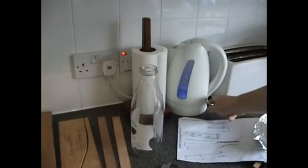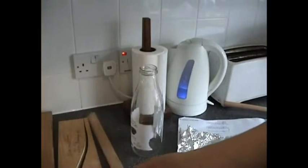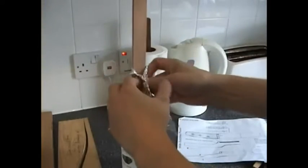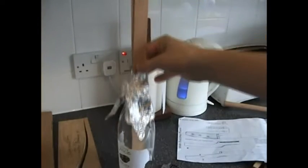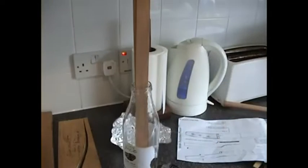Okay, so we fill our kettle, and we can get some aluminium foil ready. Okay, what we need to do is to make sure that no steam escapes, so the steam stays within the bottle. This bottle is about 9-10 inches tall. Okay, so that's ready now. We can take that off and we'll just wait for our water